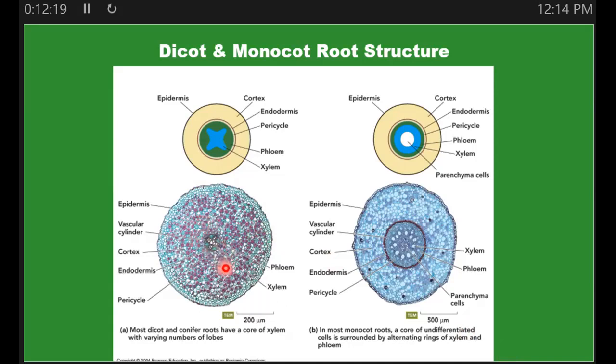All right, and then if you look over on the right, this is looking at a monocot root, where you have a single ring of vascular tissue. Instead of in the plus shape, it's a ring of vascular tissue. So very different design between a monocot and a dicot. So please start training your eye today in lab to that as well. How do they design their vascular tissue setup? So let's